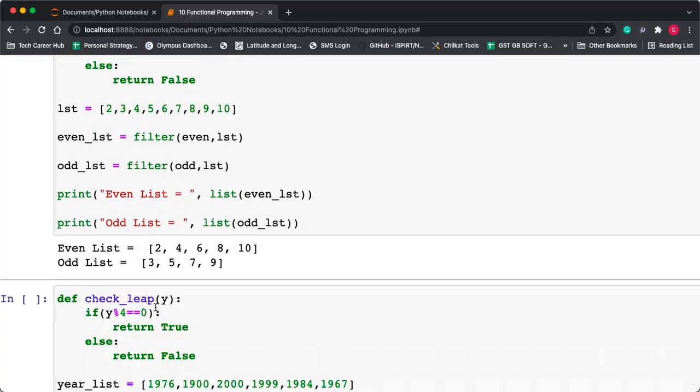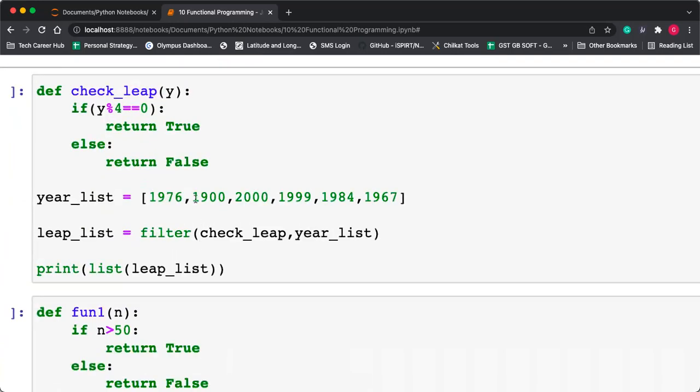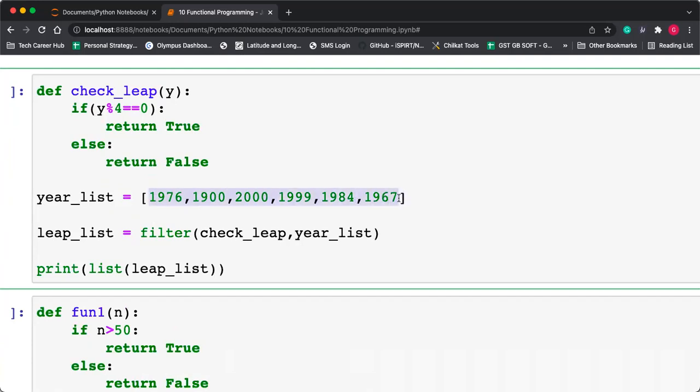Getting this? Now you can have one function which will check whether the given year is a leap year or not. Okay, तो ये देखो ये year leap year है या नहीं है हमें check करना है. ये भी हमने किया था देखो using comprehension. Okay, so yes, check leap is the function. So check leap function will return true if the year is a leap year, and this is the year list.